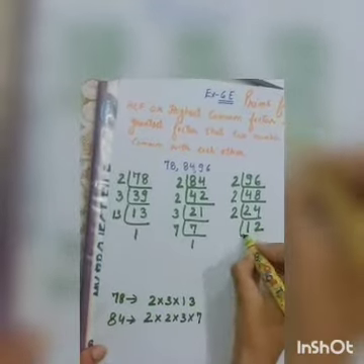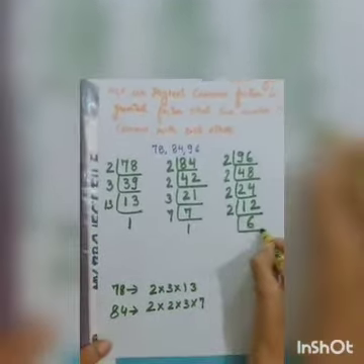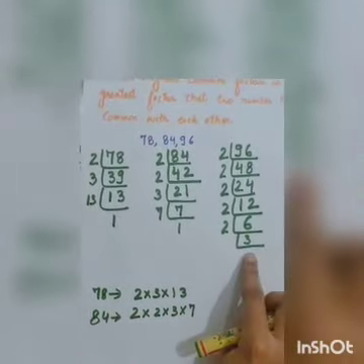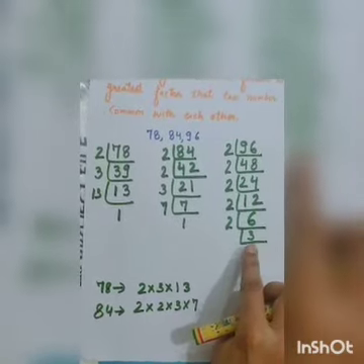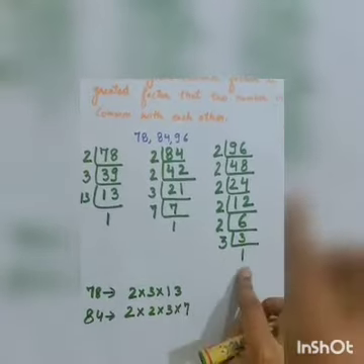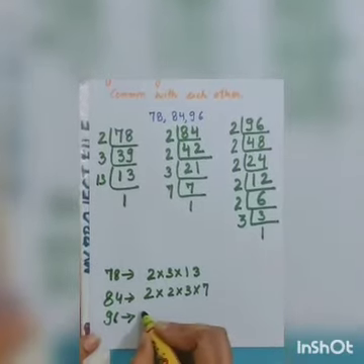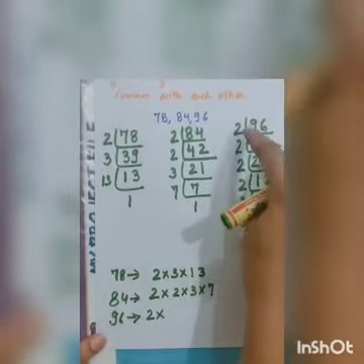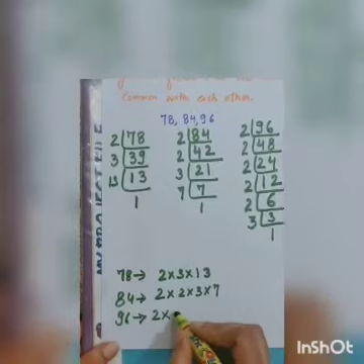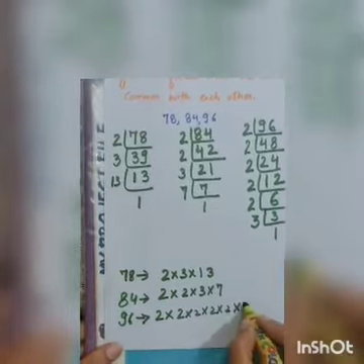24 is divided by 2 again. We get 12. 12 is divided by 2 again. We get 6. 6 is divisible by 2, so I will take 2. 2 3s are 6. Now we take 3. We get 3. 3 is a prime number. So 3 divided by 3, 3 1s are 3. We get 1. So stop here. Now we have to write here 96's prime factors: 2 multiply 2. How many times 2? 1, 2, 3, 4, 5. 5 times 2. So we write 2 multiply 2 multiply 2 multiply 2 multiply 2, then multiply 3.